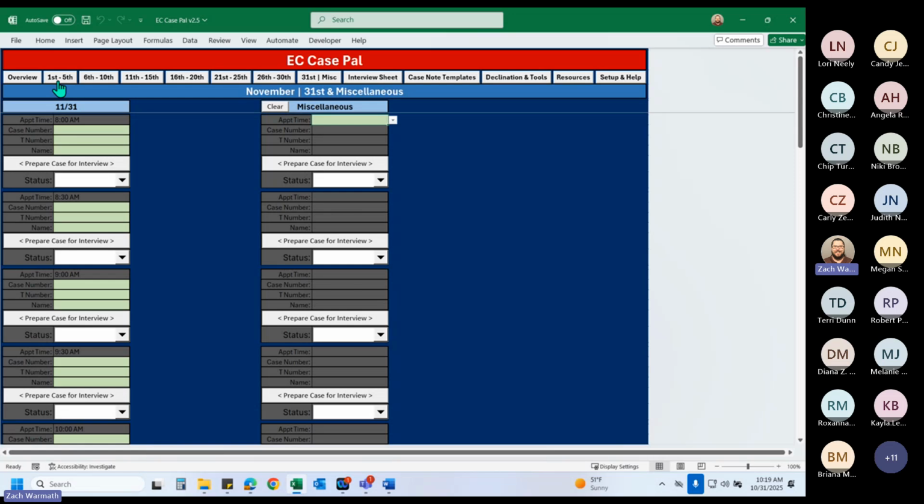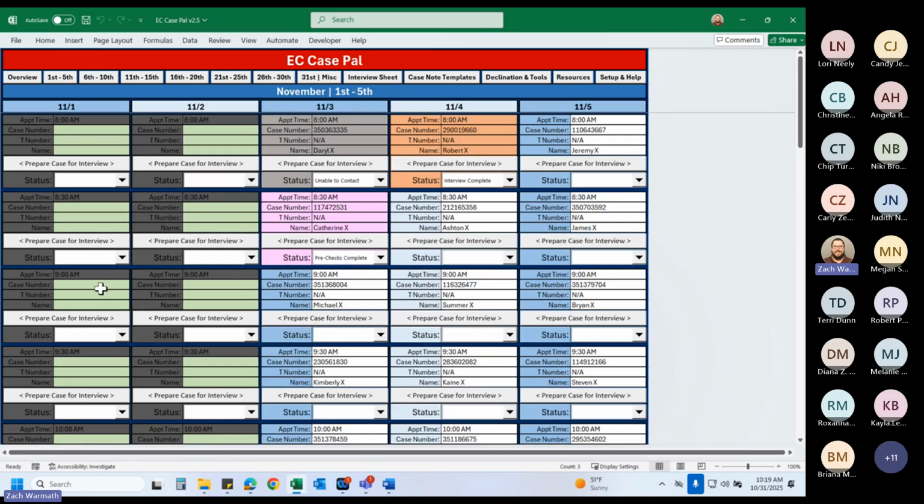All right, last little thing we're going to go into before getting into prepare a case for interview. All of these fields here, they are available to be manually inputted. So we can put this information in here and you can do it manually. That's no problem. I do suggest the import because our goal here is to save time, work smarter, not harder. But if there's a circumstance where something comes up on the fly, somebody accidentally schedules you an interview an hour later when they're not supposed to, we can use this feature without having to import, and it's not really going